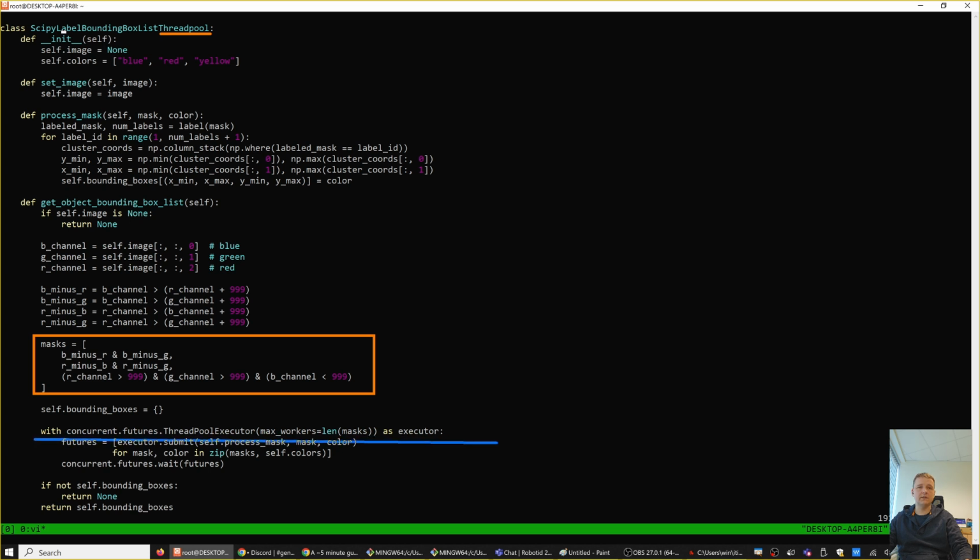We create this executor object, which is actually this ThreadPoolExecutor class object, and you specify how many workers there are, and we have 3 workers, so 1 worker for each color, and